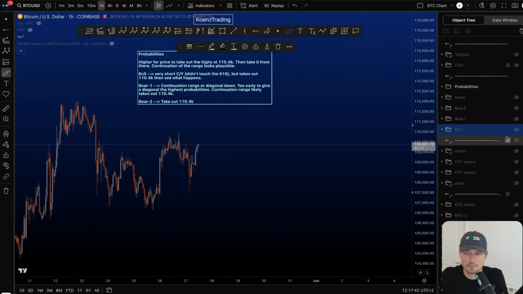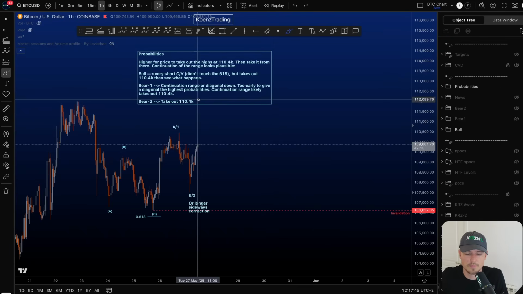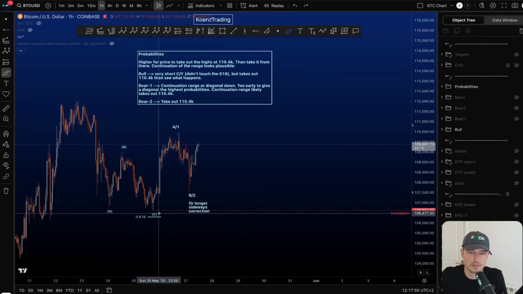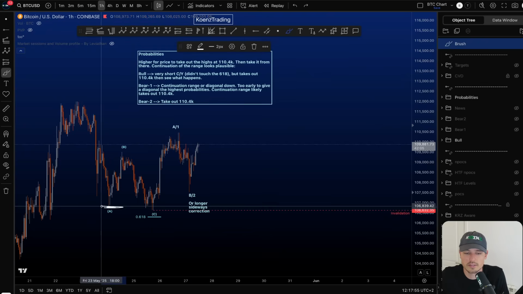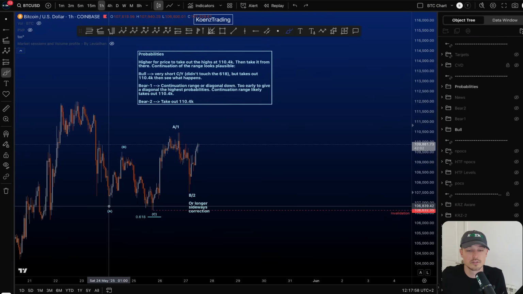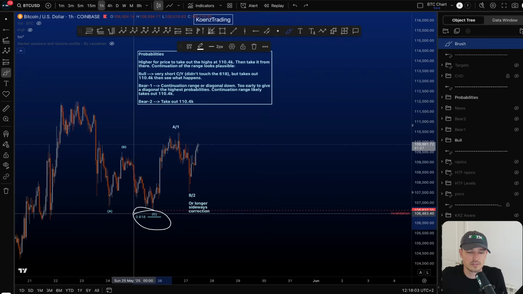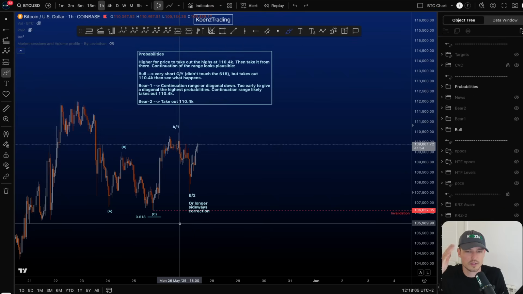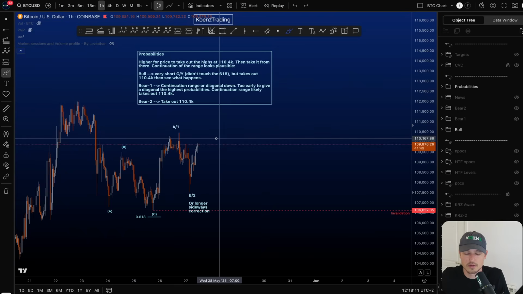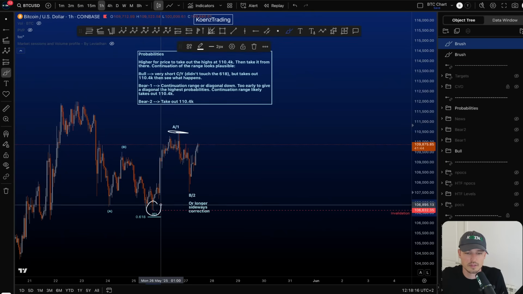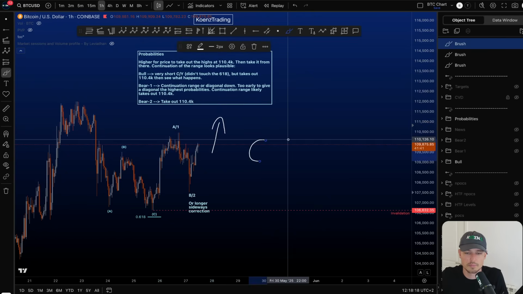In the bullish scenario, the first scenario that I showed over here, we do have a very short wave C, or if you like to count a double zigzag, wave Y, right? It didn't touch the 0.618. Now the minimum target, absolute minimum target, is taking out the low of wave A, which happened. So it would be a valid structure, right, in that case, but it is not touching the 0.618, which is something we at least have to be aware of, right? Now in the first, or in this particular scenario, you do of course like to see price taking out this high. The invalidation is the low, and you're looking for price to move up in either wave C or a